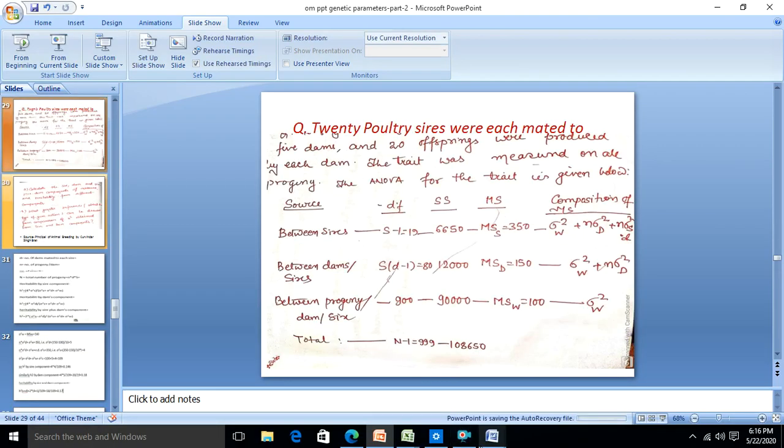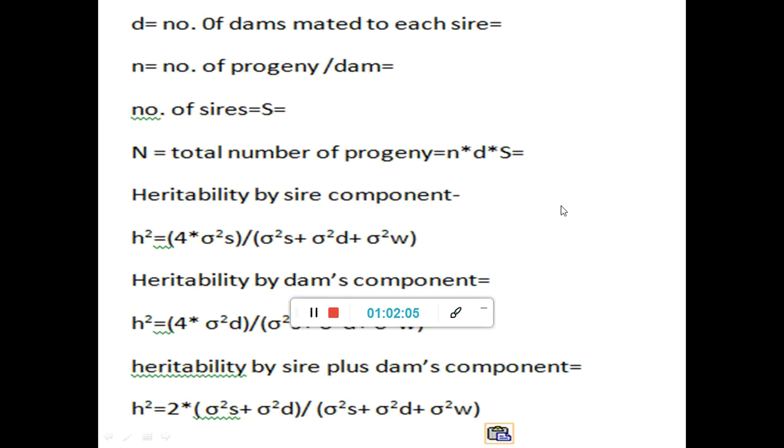I'm just showing it to you all on another screen. And so coming back to the solution of this problem, where were we? Yeah, we were here. So this is the answer.